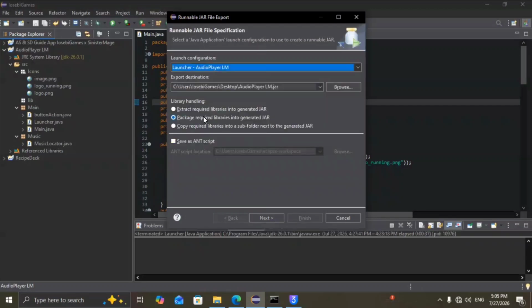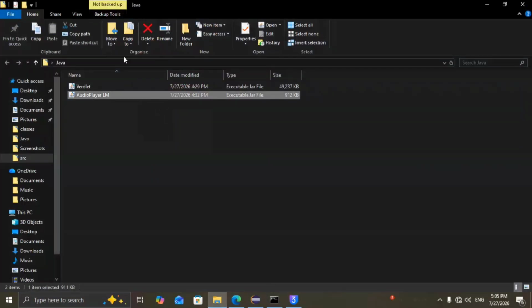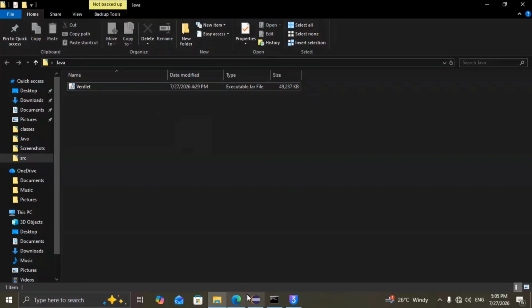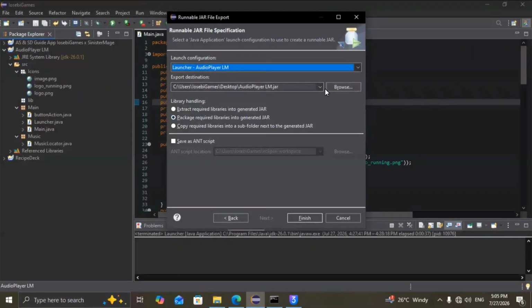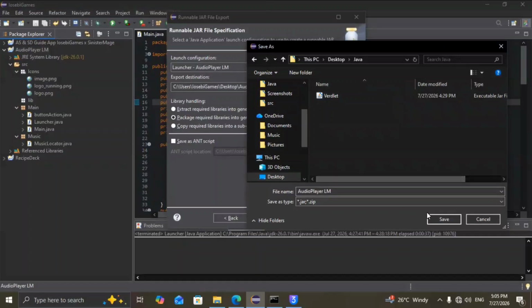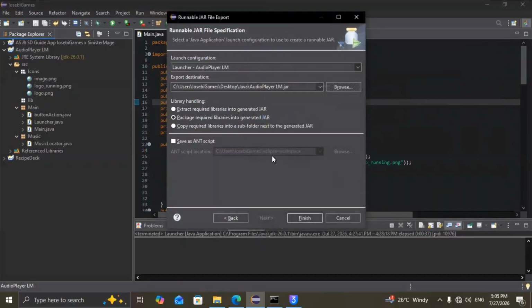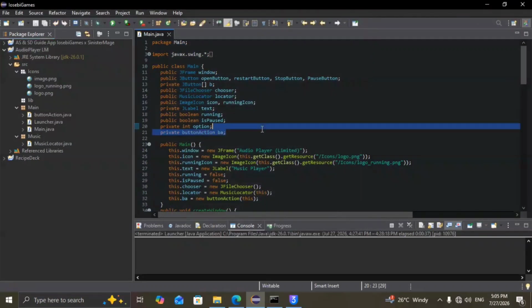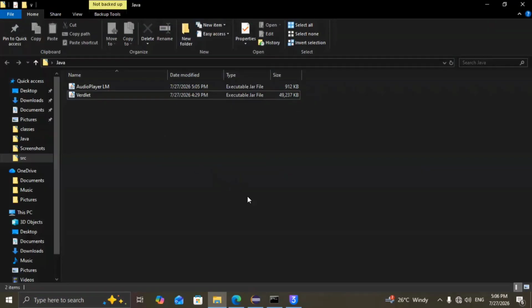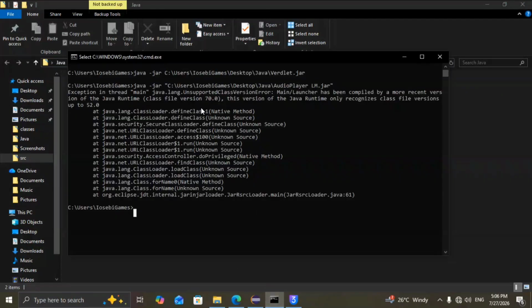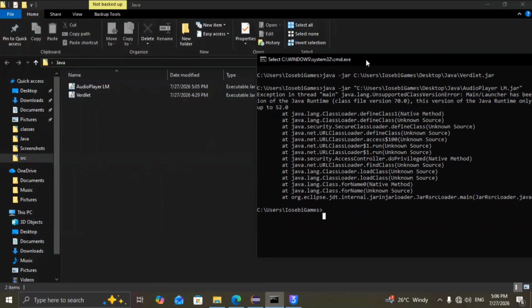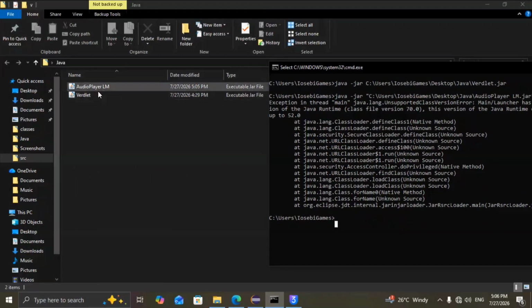Click on export runnable jar file. Okay, let's remove this. Good. Now let me export this jar file. Alright, and don't forget to package required libraries into the generated JAR, so it will be the Uber jar. Everything is ready now, and now if we go ahead and this time try to run this audio player LM